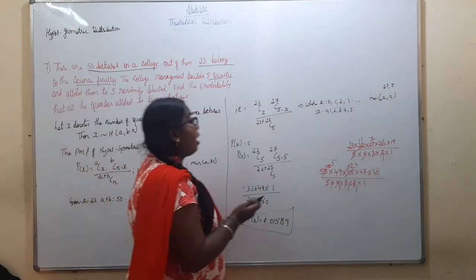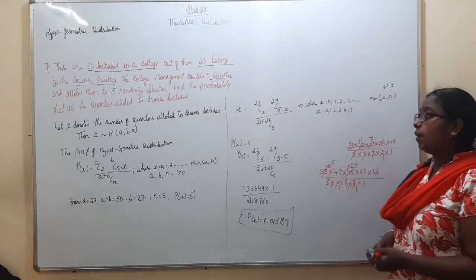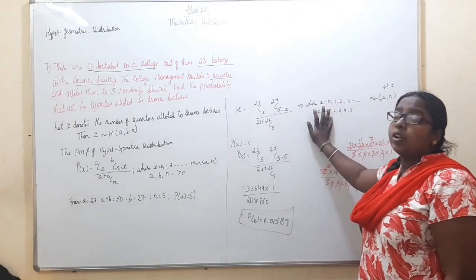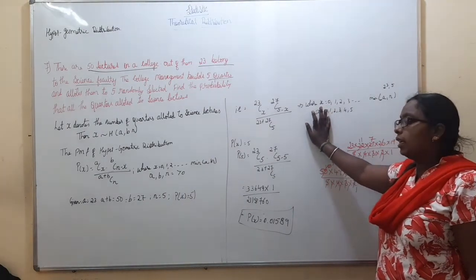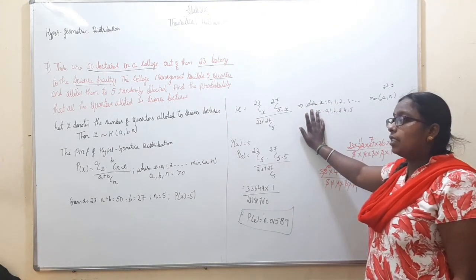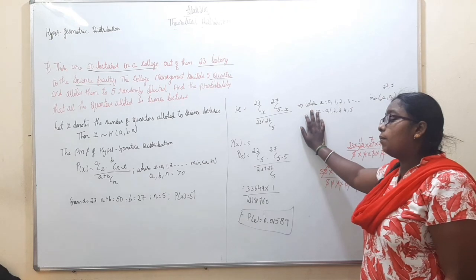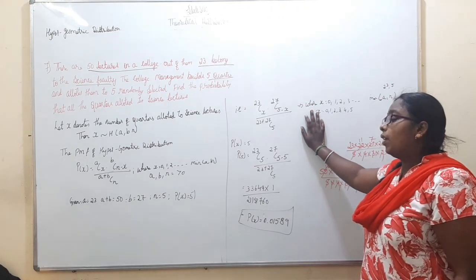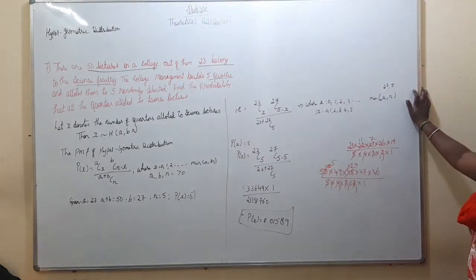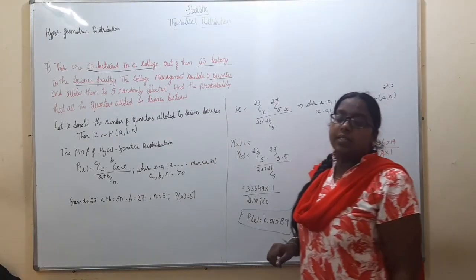See here, there are 50 lecturers in the college. Of them, 23 belong to the science department. They are building 5 courses and allotting them randomly to 5 lecturers. Here they have asked what is the probability that all 5 will be from the science department. So given data, let x denote the courses allotted to science lecturers. Then A is 23, A plus B is 50, B is 27, N is 5, and we have to find P of x equals 5. So the probability of only science lecturers being selected will be 0.01589.